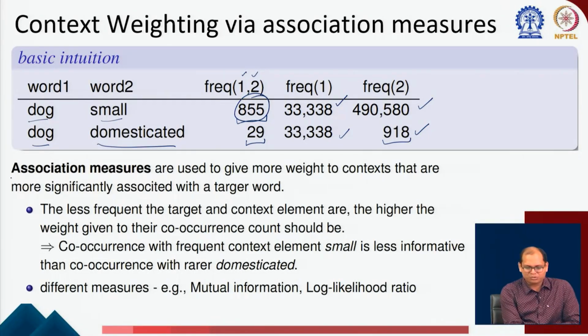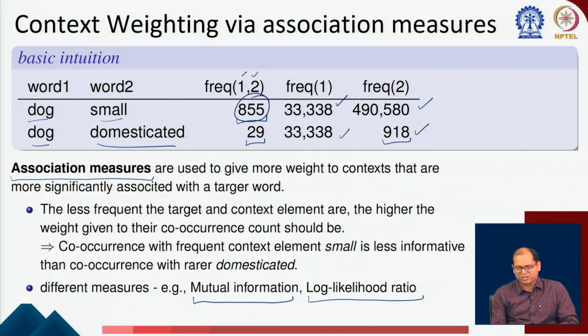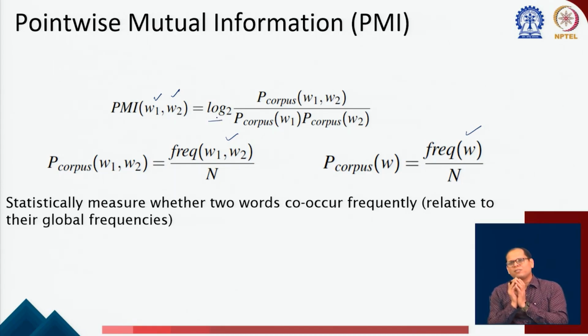That is where you use some association measures. They are used to give some weightage to contexts that are more significantly associated with the target word. So the less frequent the target and context elements are, the higher the weightage you give, right. There are various measures for this, like mutual information, log likelihood ratio and so on. So what happens in mutual information? Suppose I have two words W1 and W2, with their frequencies of co-occurring and these individual frequencies. PMI is defined as the log of the probability of their actual co-occurrence,